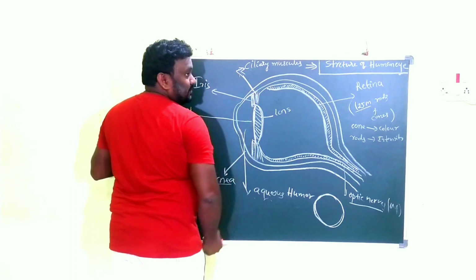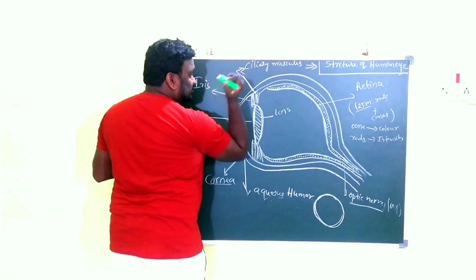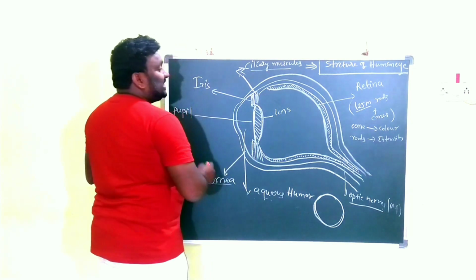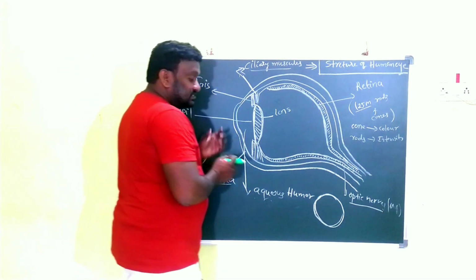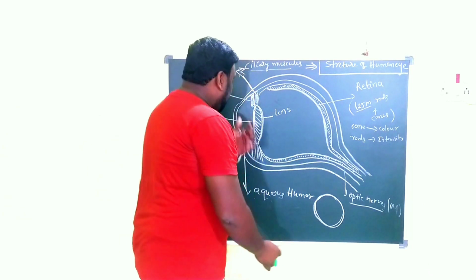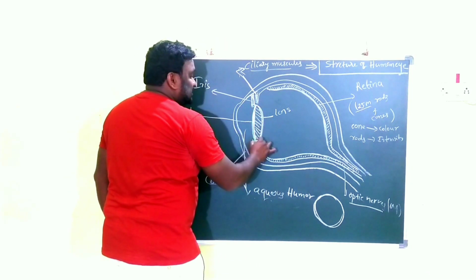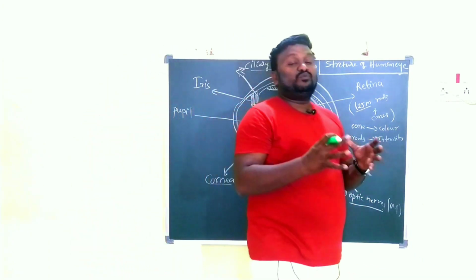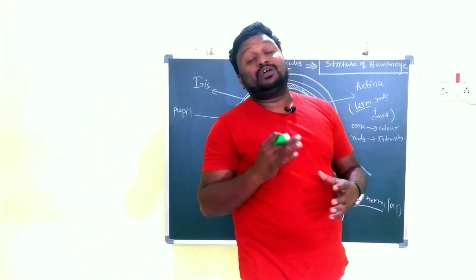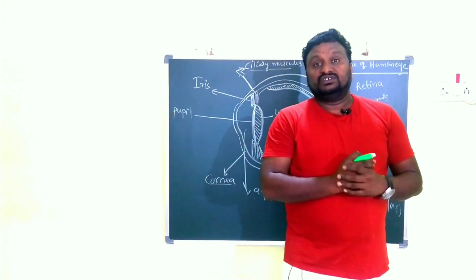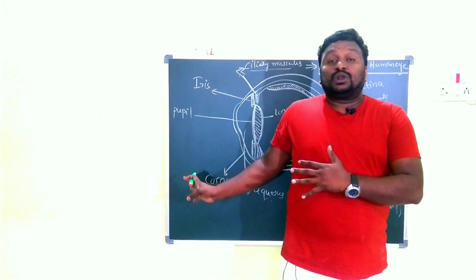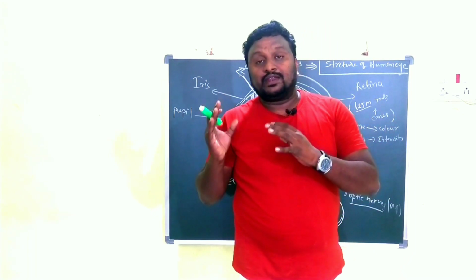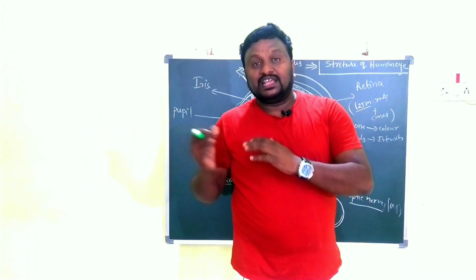Ciliary muscles are there. Clear? What is the functioning of the ciliary muscles? Later we will discuss. And now we have this, the lens, the eye lens. This is the eye lens, a very important part of the human eye. Only this eye lens can form the light image.